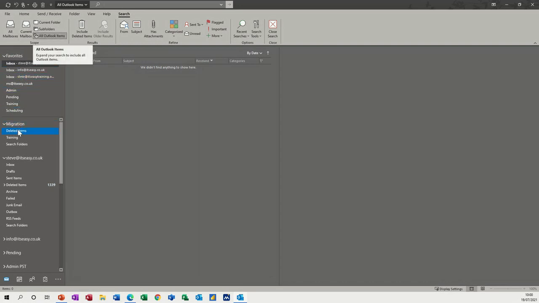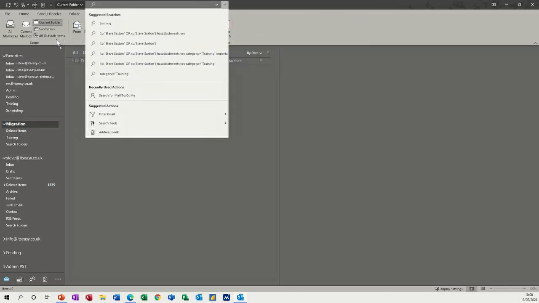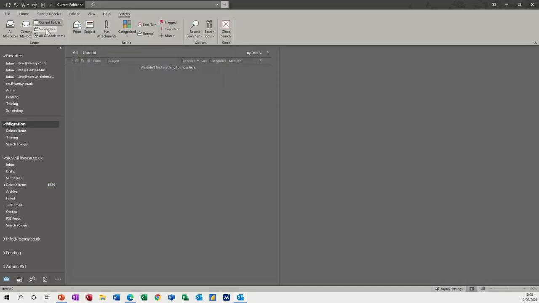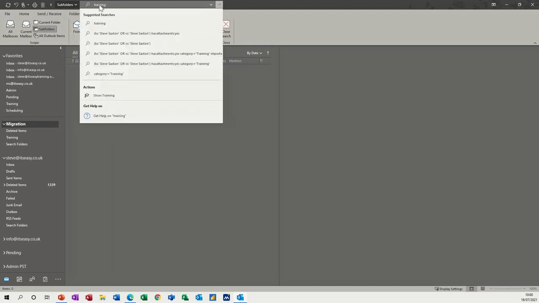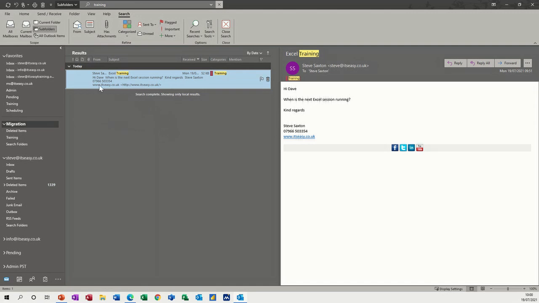So what I want to do is I'm going to click on migration and then click into search and current folder subfolders. See what happens there. So I'll type training in the search box, just training, and let's see what comes up. So straight away you've got a message with training highlighted, so it's picked up training. Now if I delete that,